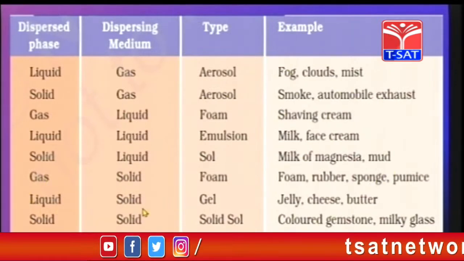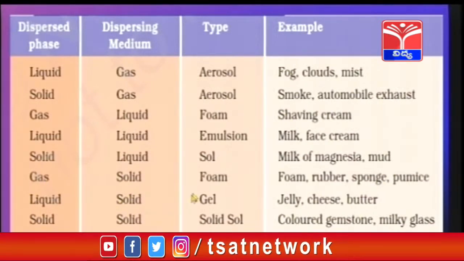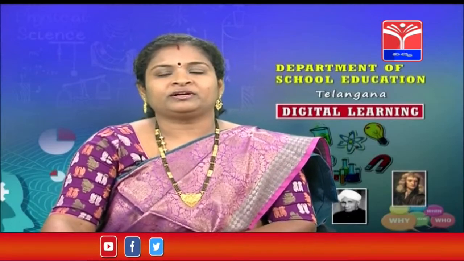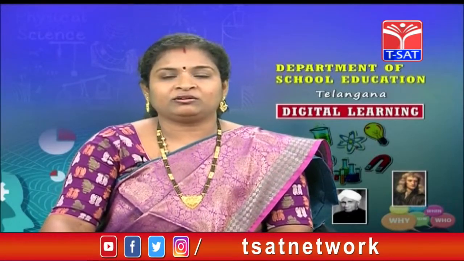If the dispersed phase is liquid and the dispersing medium is solid, then it forms a gel. Example: jelly. If the dispersed phase is solid and the dispersing medium is also solid, then we get a solid sol. Example: the glasses. Now let us see a very important effect which is mostly seen in the colloidal solution,